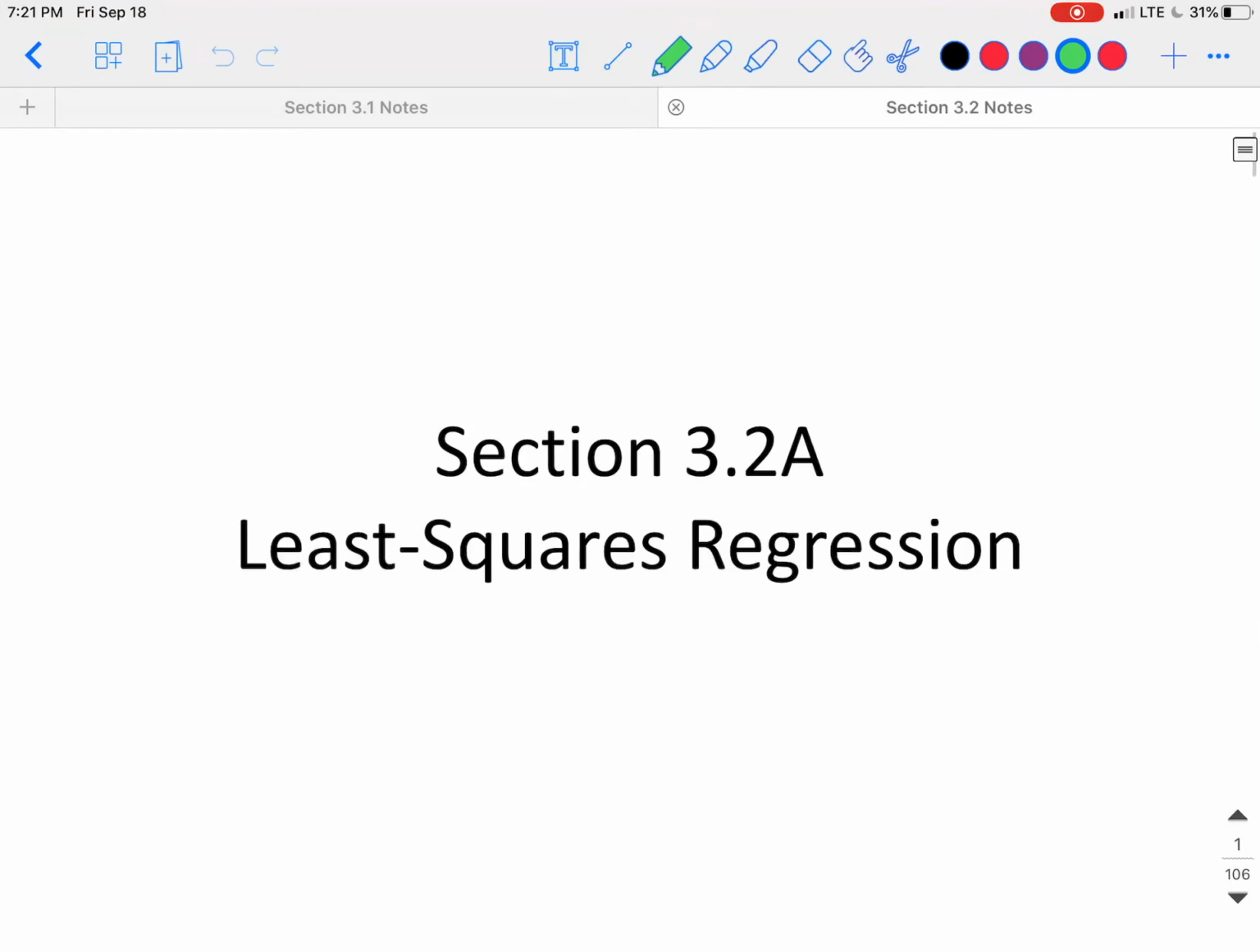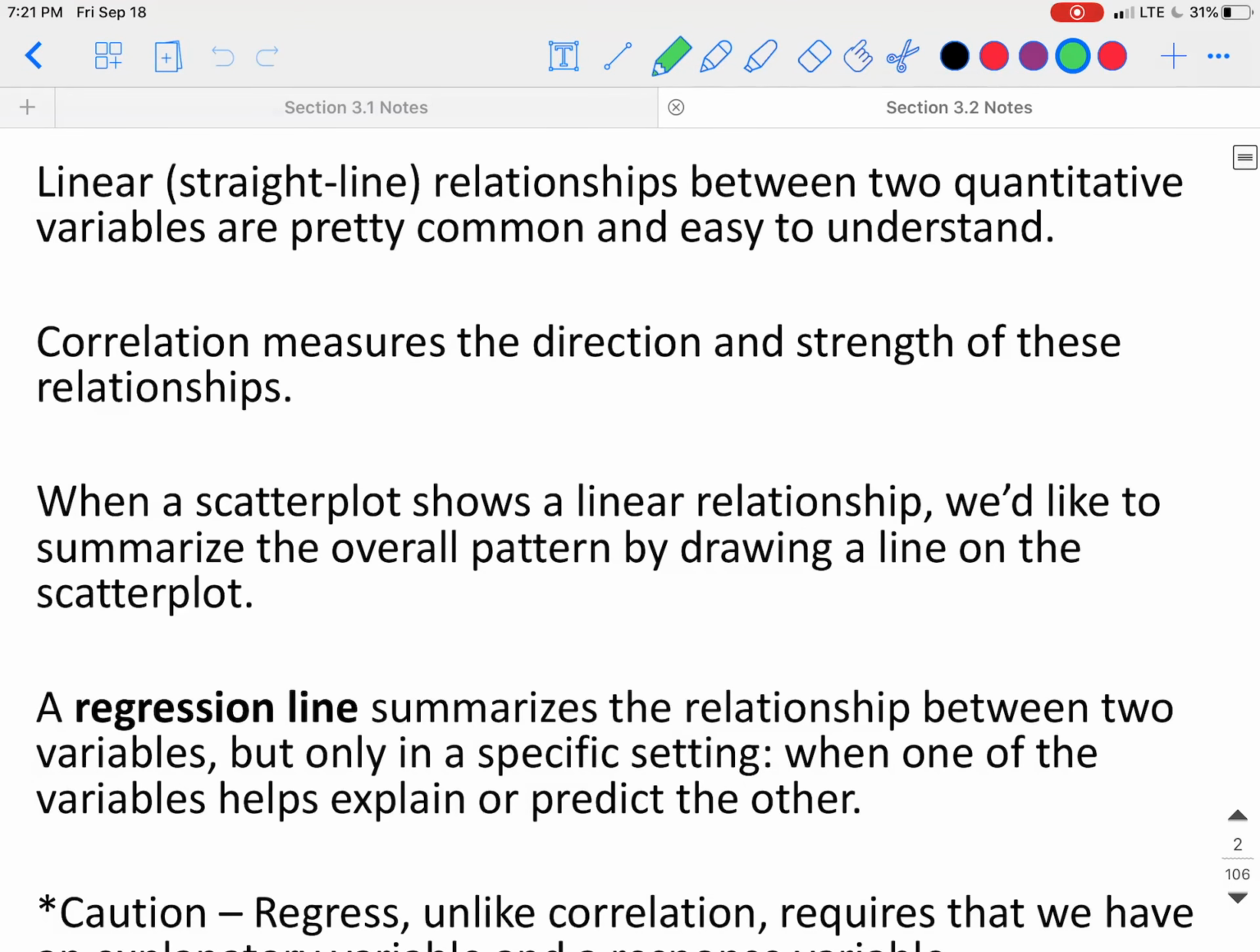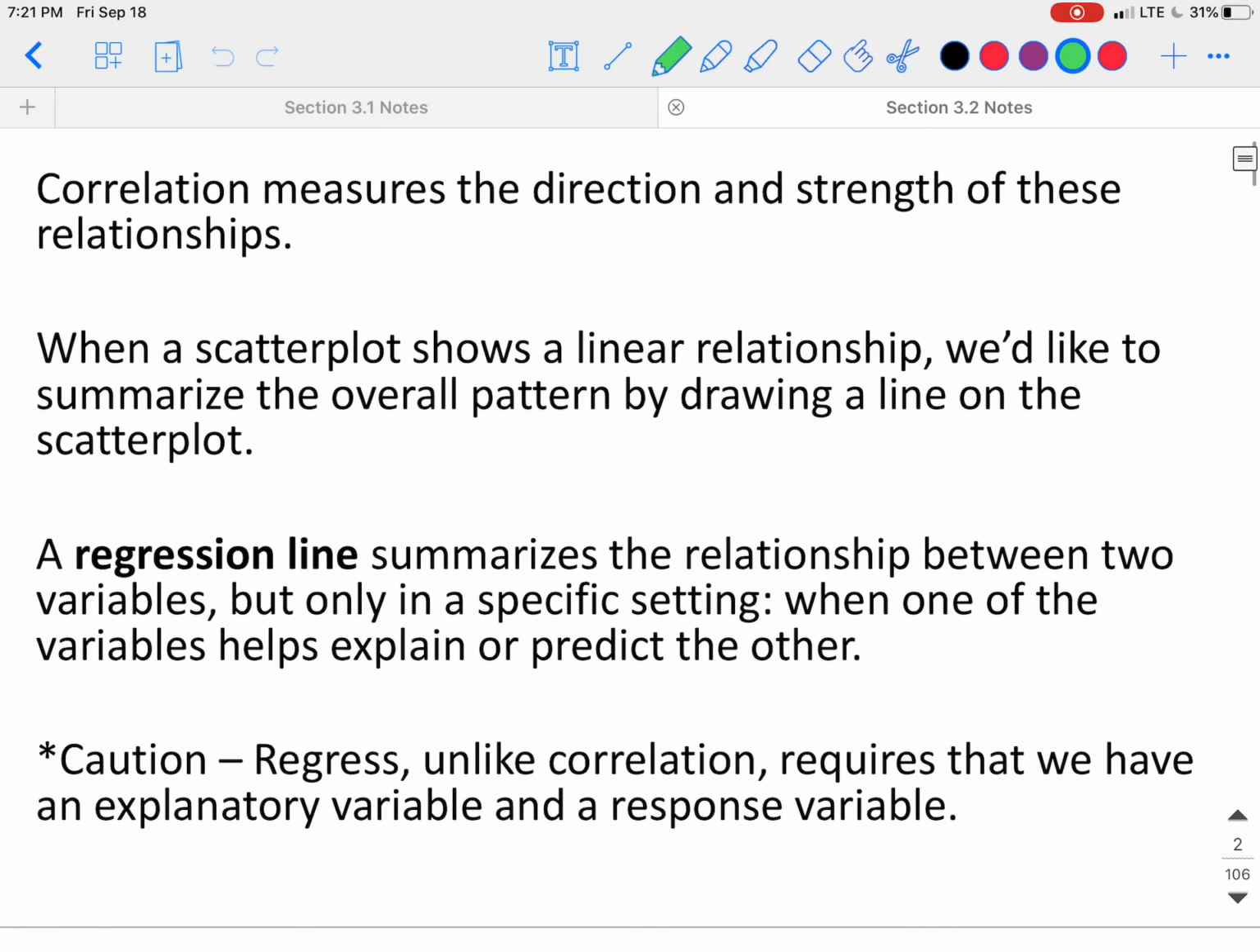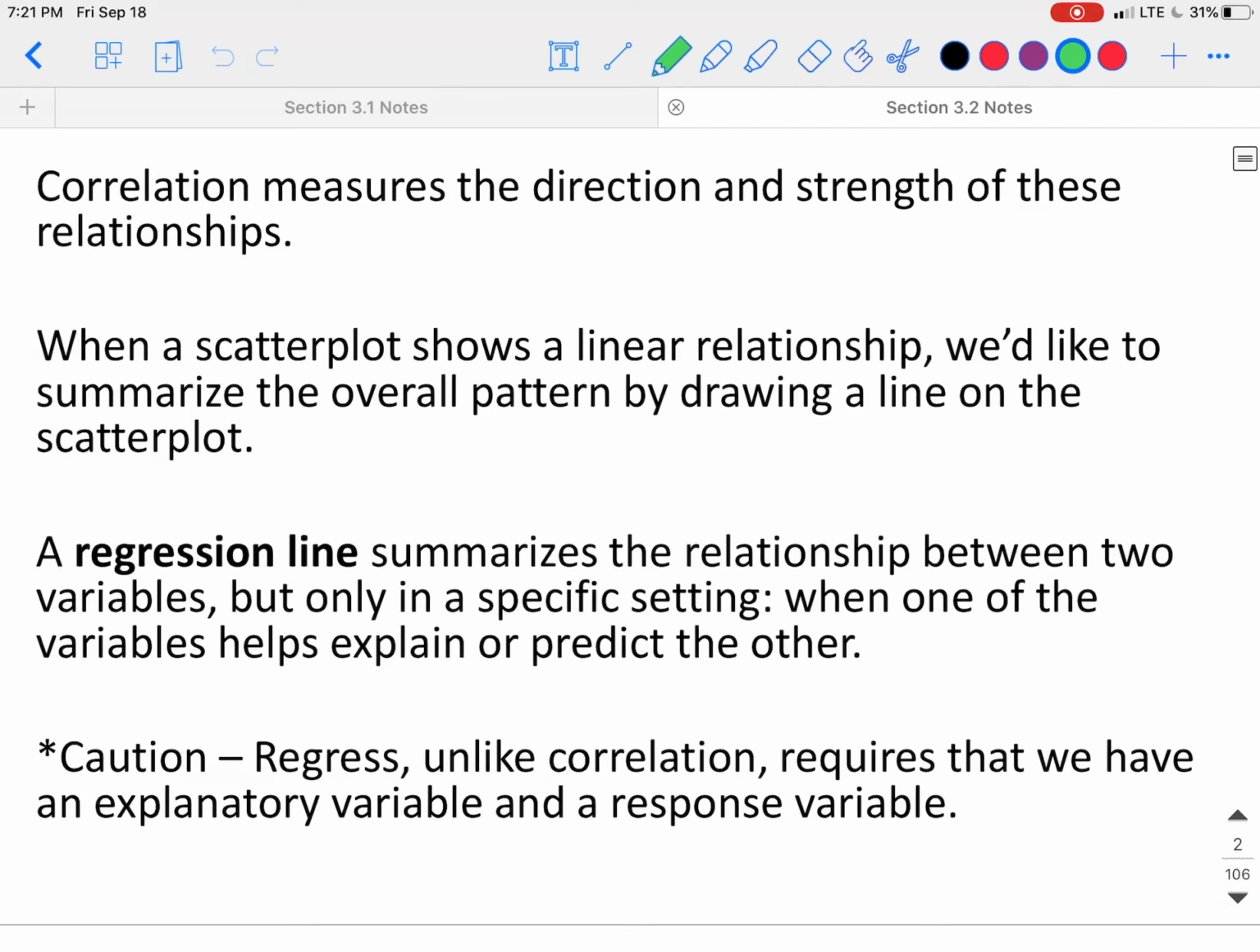This is section 3.2, part A, least squares regression. Linear relationships between two quantitative variables are pretty common and easy to understand. Correlation measures the direction and strength of these relationships. When a scatter plot shows a linear relationship, we like to summarize the overall pattern by drawing a line on